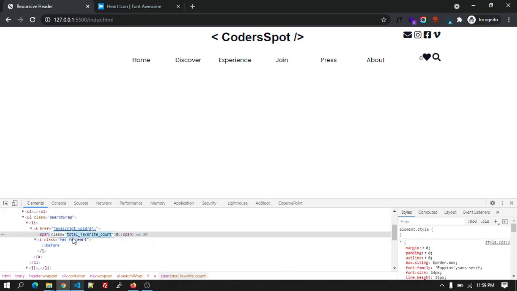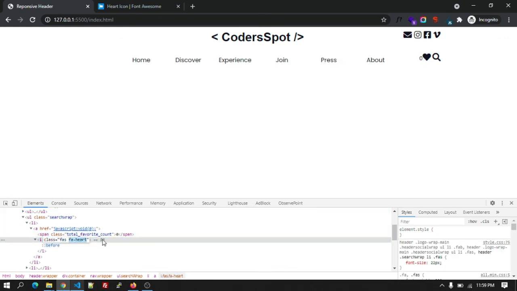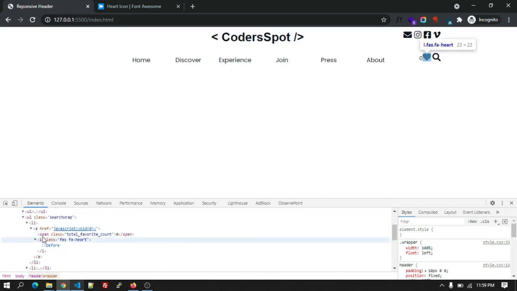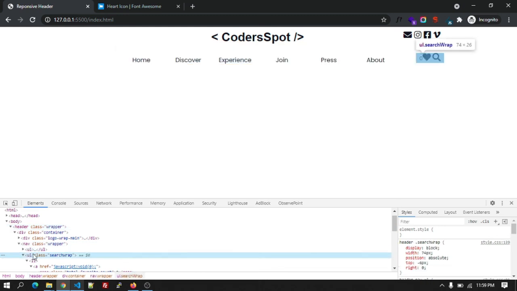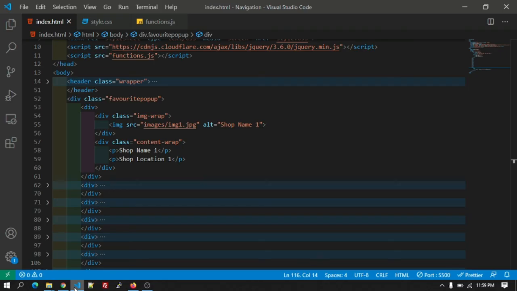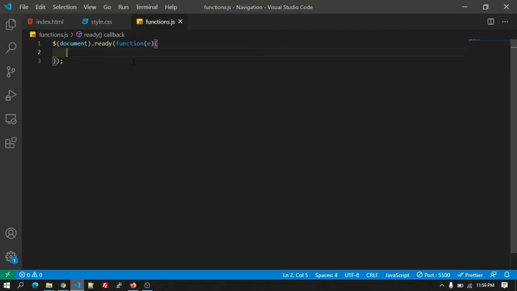It's there inside the header tag, and it will be covered by UL and the li. Okay, let's add the jQuery for that. First, the parent will be header, and then UL and then li. Then we get a class name, and on click on that, we need to call a function.